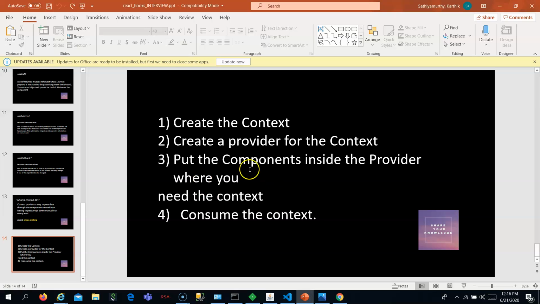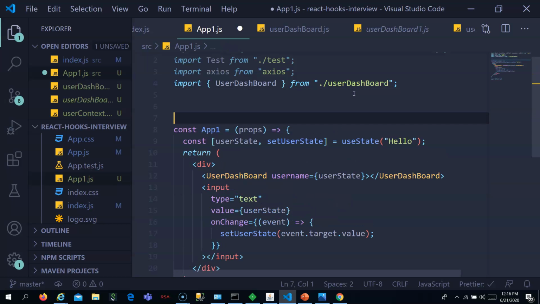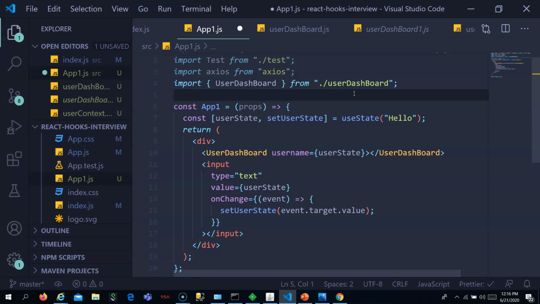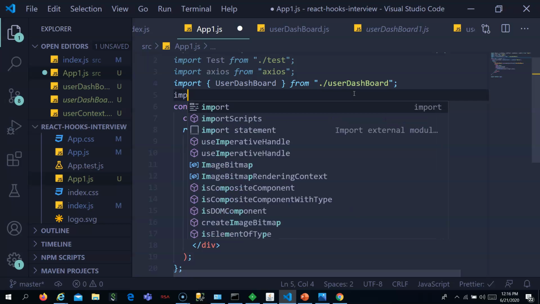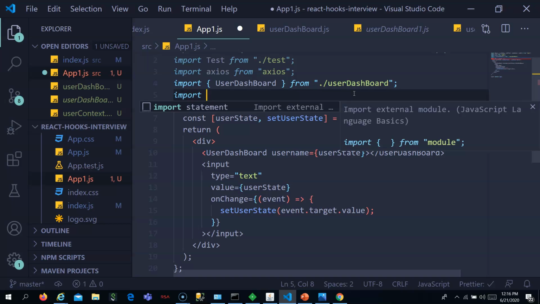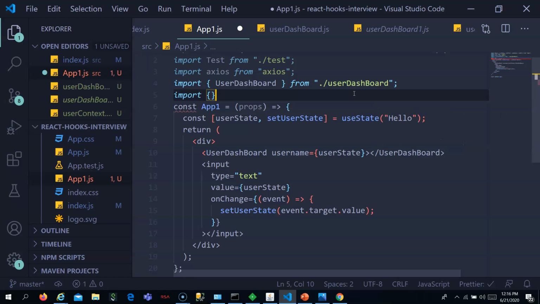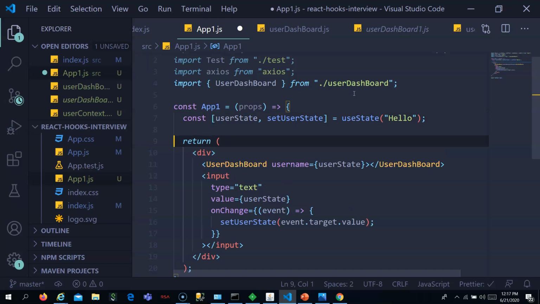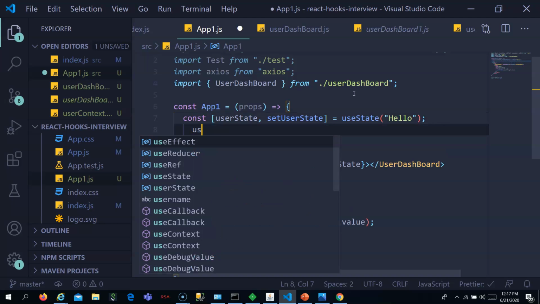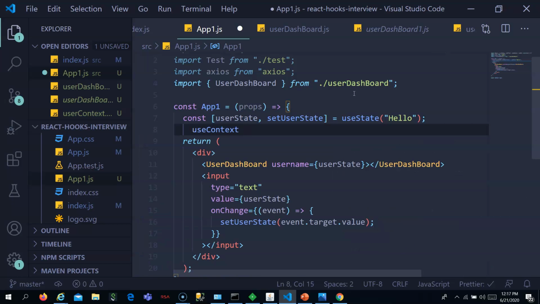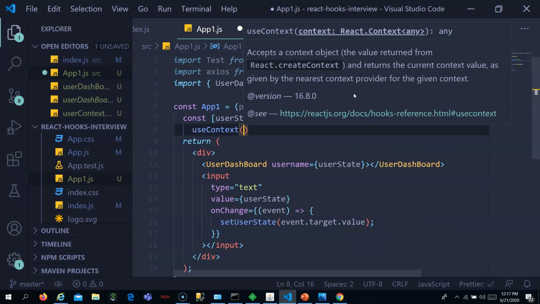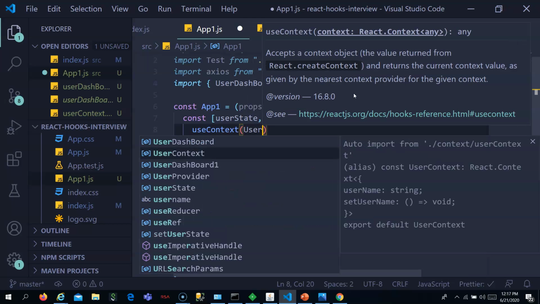Okay, so we have done all these 3 steps. Now we have to consume the context. For consuming the context, we have to use useContext. In useContext, as a parameter, we have to pass the user context that we created.